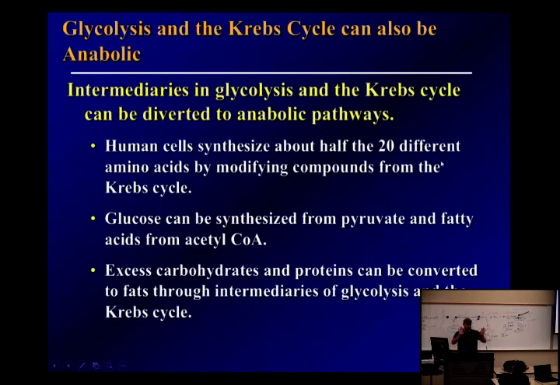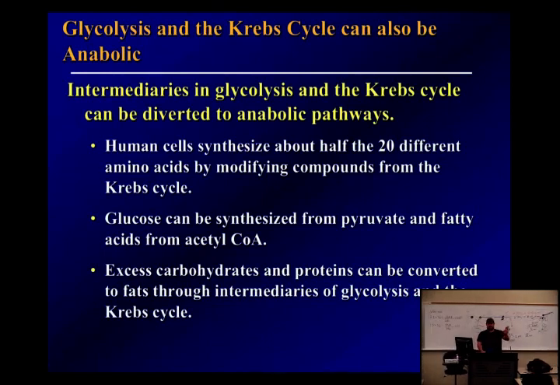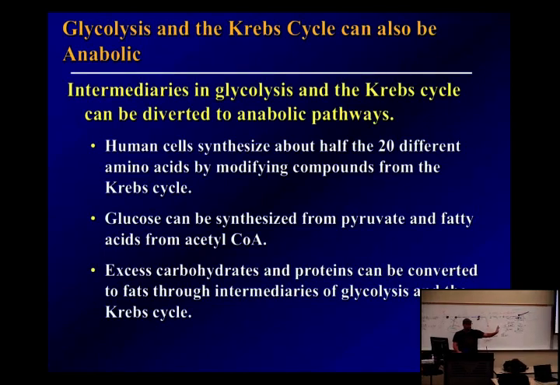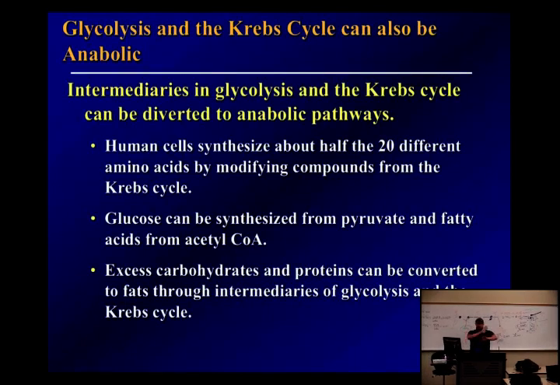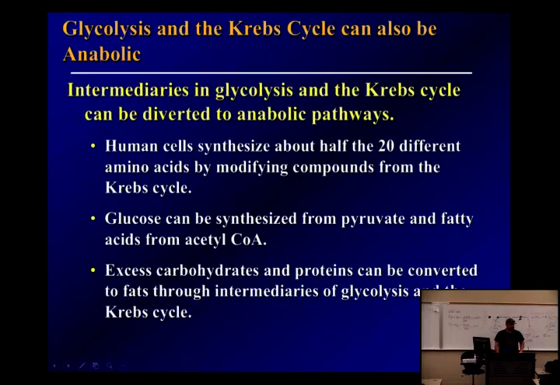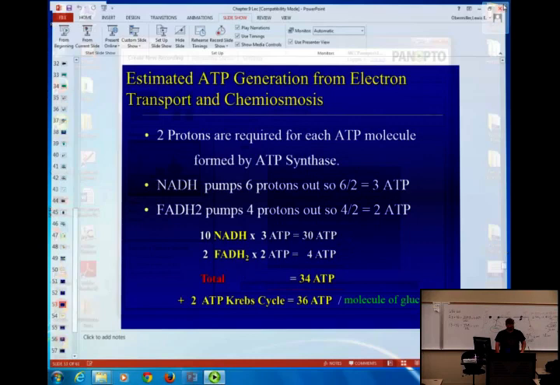And remember that we can synthesize other things, right? So if you eat a lot of carbs, you store that energy as fat, right? If you don't run out of amino acids, you can produce them. And all of these parts are run in some way, shape, or form through that metabolic pathway that I showed you. So that metabolic pathway is really important, not only for breaking down stuff, but what else? Building it up. What do we call it if we're breaking it back down? Catabolic. And if we're building it up, it's anabolic. All right, that's it.